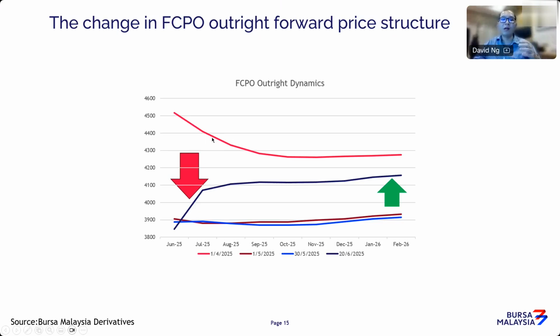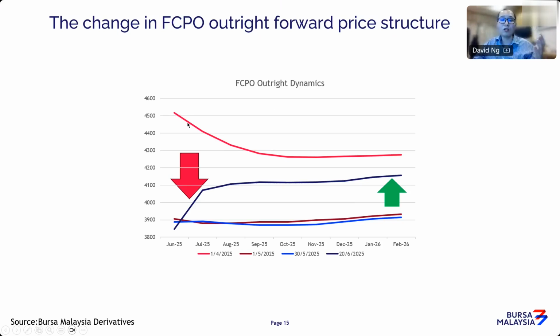Now, why does understanding this type of curve give you information? Because by understanding how the curve moves, it gives you a sense of how the market is behaving. Are we in a situation where the market is too bullish, or are we in a situation where the market is actually quite bearish? In fact, if you look at how the curve has transformed, in early April the market was very bullish in the sense that everyone was saying we're going to be short of supply, stocks are coming down, Malaysia is definitely going to have a CPO stocks problem.